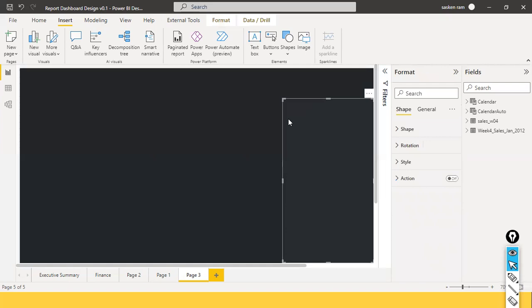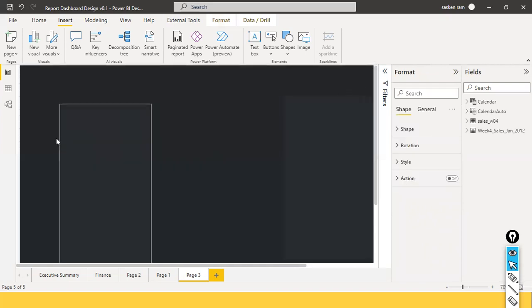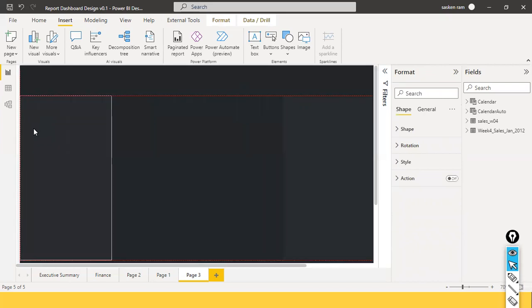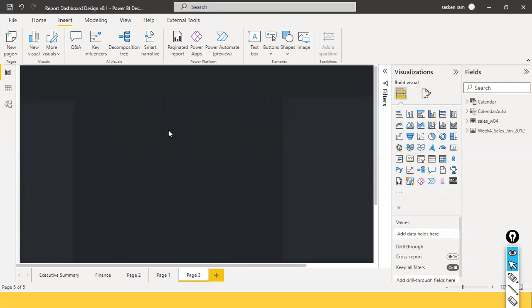Otherwise it hangs or it will overreact in Power BI, right? So I just copy, paste it here. I just did Control C and Control V, and put this on the right side also. I'm going to use two side panels. And here, what I am going to do now is drag and drop all the necessary